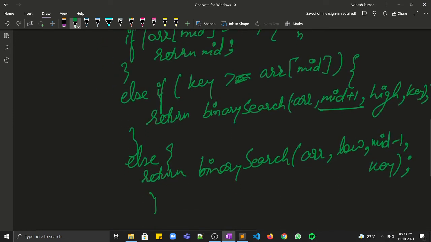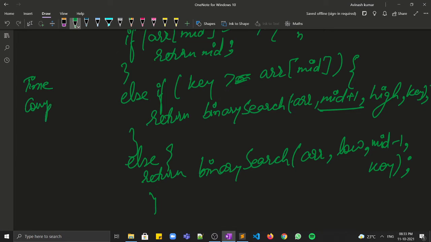Discussing the time complexity, in every case you are dividing the array into two parts. So n is getting divided to n by 2, n by 2 will be divided to n by 4, and a time will come when you will be left with only one element.